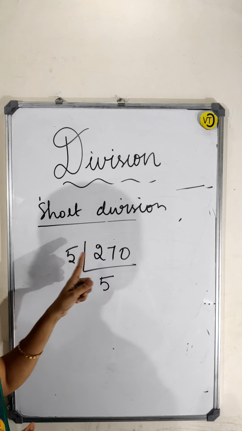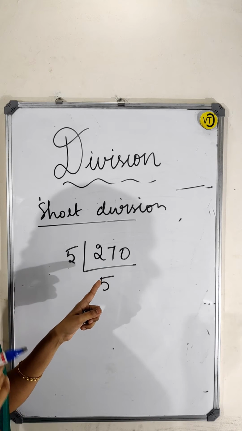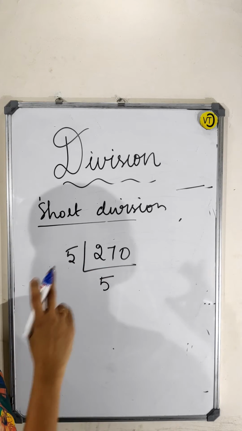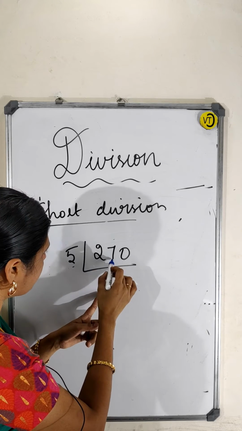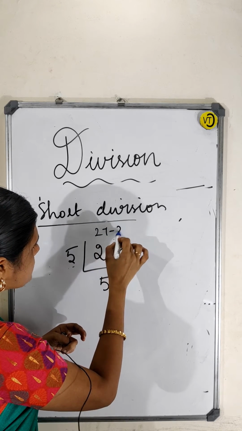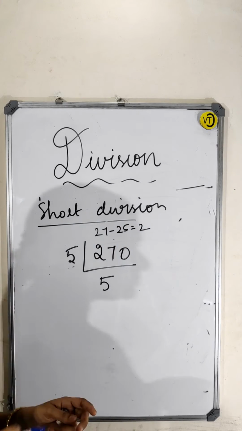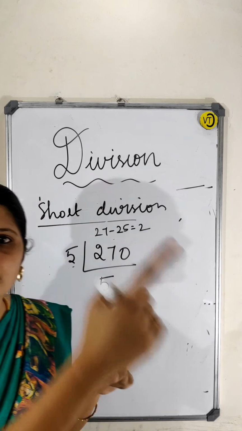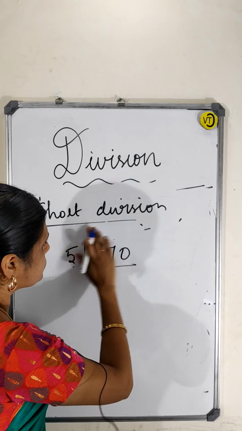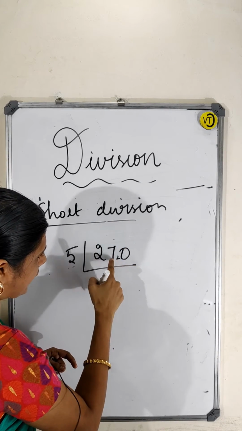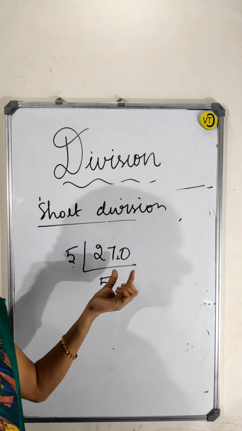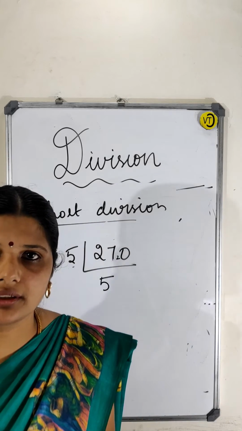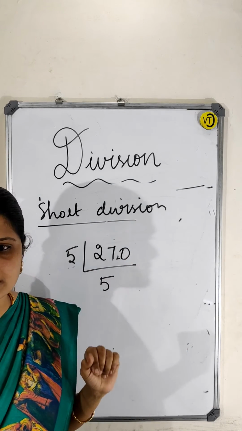Okay. So 5 into 5 is equal to 25. Then we will not consider 5 into 6 is equal to 30. Yes. So in this you have to note that 5 5s are 25. 27 minus 25 is 2. This 2 is carried to the units place. So in the units place we have 20 ones and 0 ones, that you know already. So 20 ones and 0 ones is equal to 20 ones.